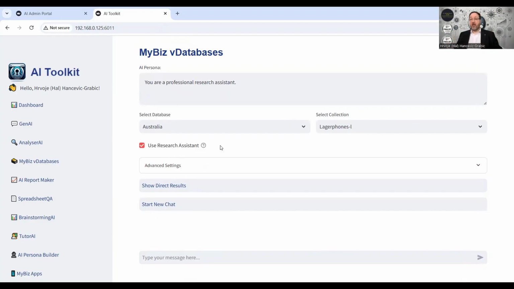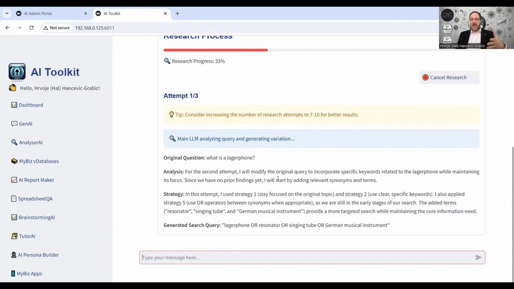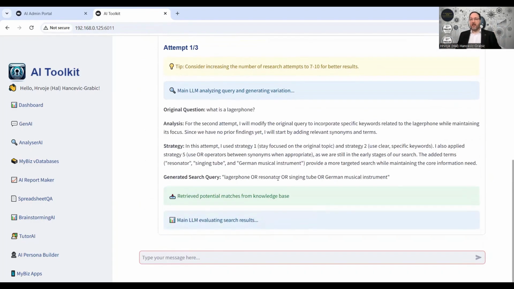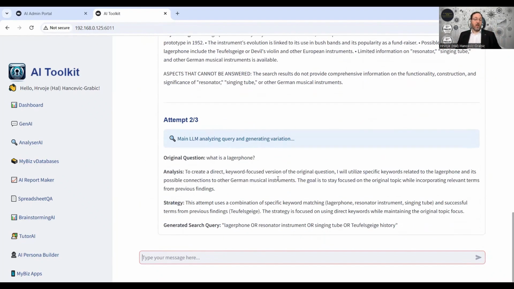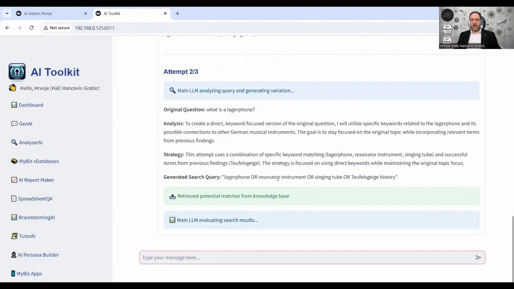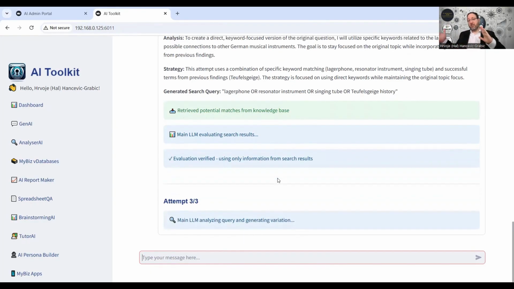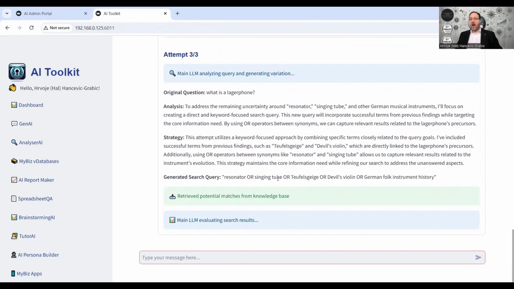Now, research assistant runs 10 attempts. For the purpose of this demo, I reduce this to 3 attempts, but let's say if I ask the same question, what is a logger phone? Right? Now it will start analyzing data and massaging this vector database. What is it doing? It is using 5 different methods which exist in data science for analyzing this kind of complex vector databases. And once it hits 5, the 6th and up to as many attempts you wish are basically